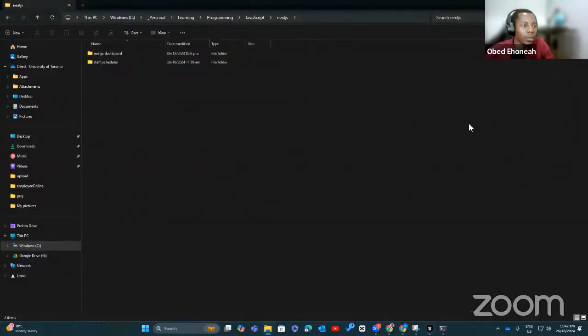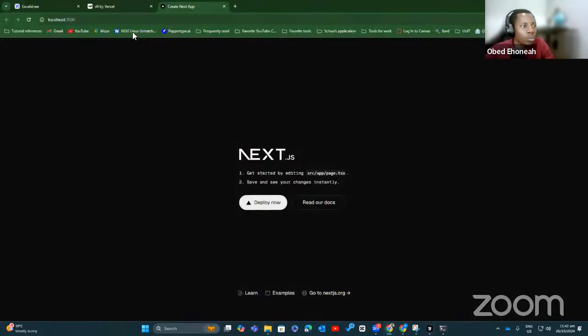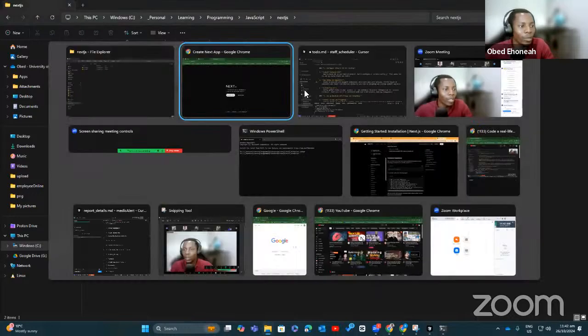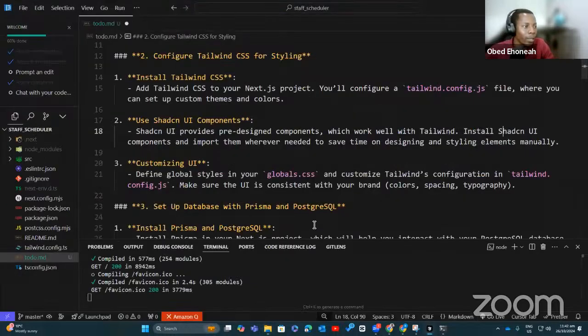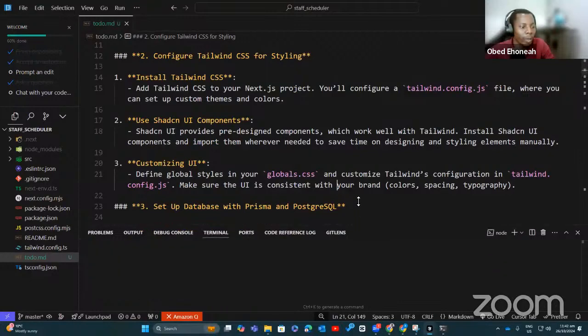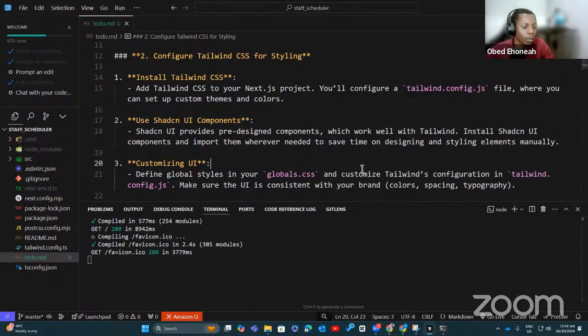Ideally, to go through the process, you go to Google and search for shadcn UI installation. But this time around, let me try with the AI for you to see what the AI is capable of and what not.